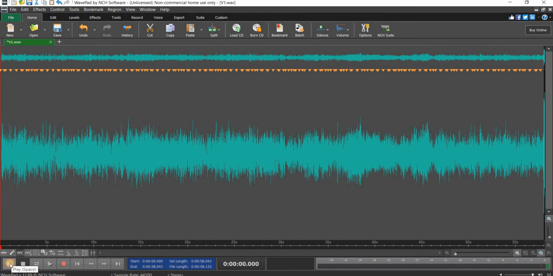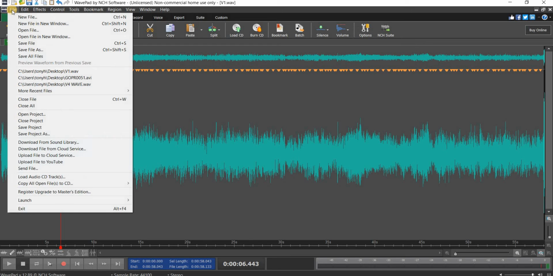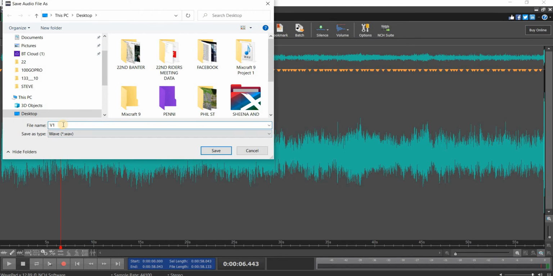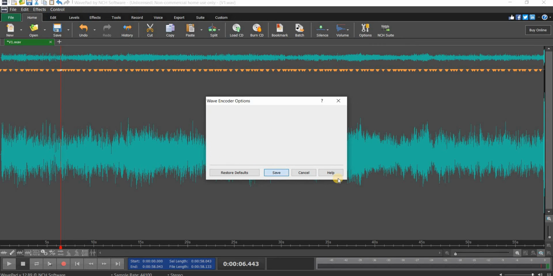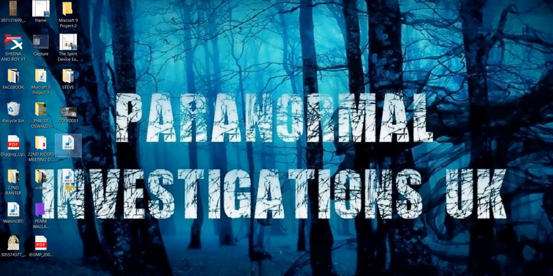And you'll notice it'll get a lot better. Okay, a lot of the bike noise and wind noise has begun to disappear. It's not got rid of it all, because the last thing I want to do is take the process too far and start to remove audio which I want to keep hold of. So I've just done one attempt. I'm now going to save the file as a WAV file. Now I'm going to call it version 2, because this is the second version of the audio. Shut WavePad down. There's version 2. I'll go back into